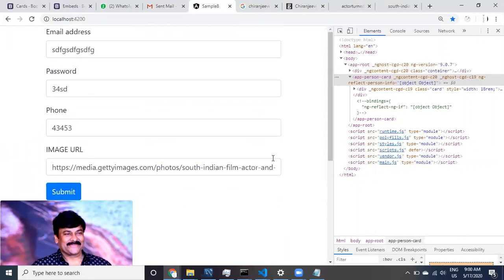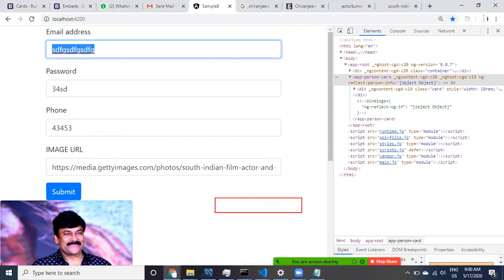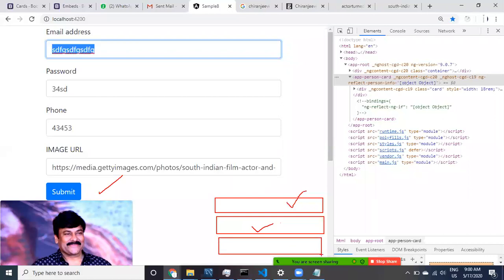Why I want to use the table: if I submit it, the data should be saved into the table as one record. If I save with different data, another record has to be saved, but the first record should still be there. If I save a second time, the second record should be available, and the third record also. If I submit four times, the fourth record also should be available.